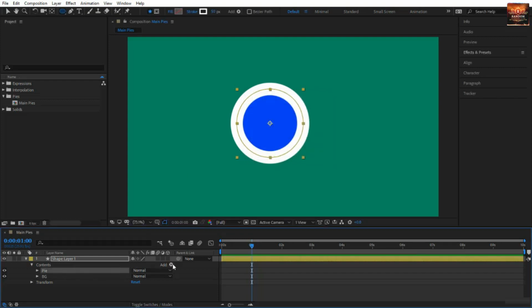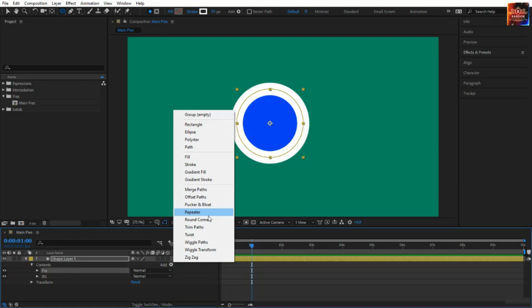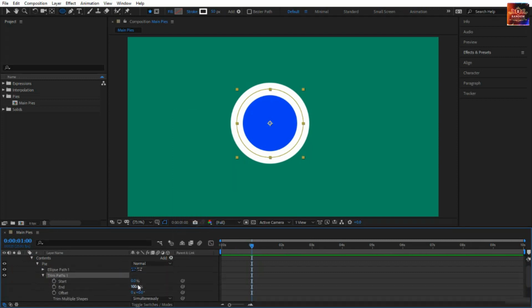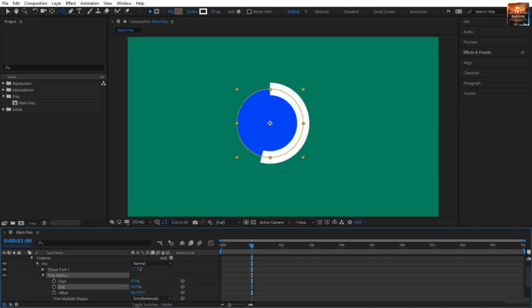If you add the trim path to the pie itself, this is the trim path, and if you play with the end or the start, it's working very fine. But as you notice here, the background is smaller than the pie itself. You need to adjust this. And the best way to adjust it is to move the stroke using the offset path. So I will delete the trim path